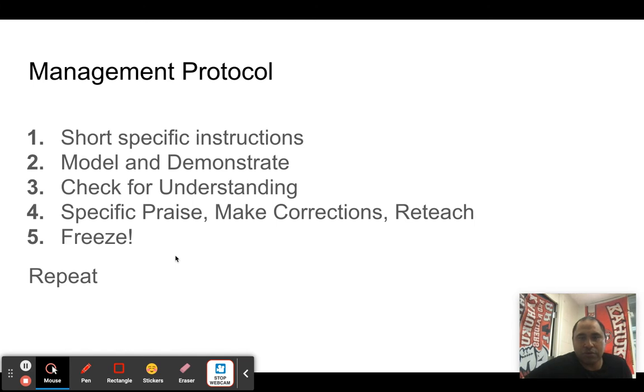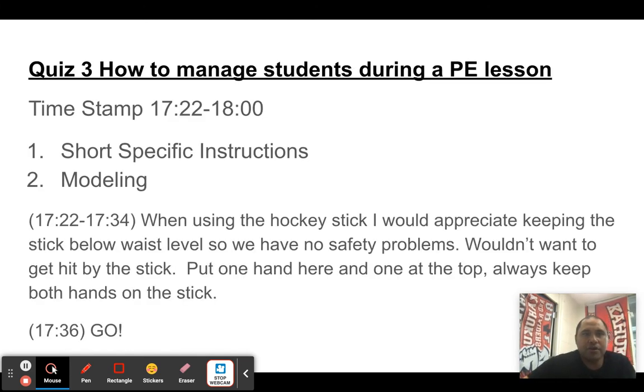Okay. So what you're going to do for Quiz 3 is this. You're going to timestamp just a small section of Miss Pangrazi demonstrating the protocol. So I have one up already. There are tons of these examples in the video. So I want you to find an excerpt in that video and make sure they're running back to back so that all the protocols and strategies are demonstrated from beginning to end.